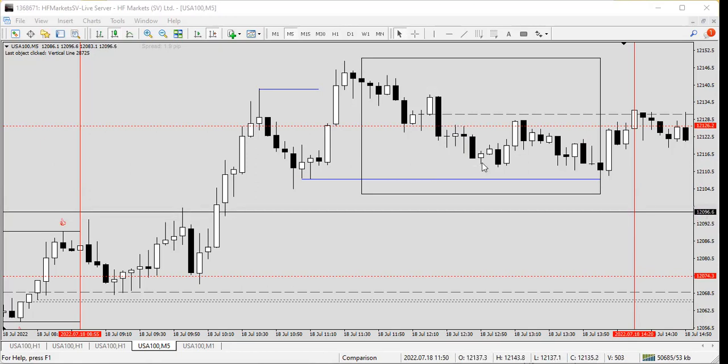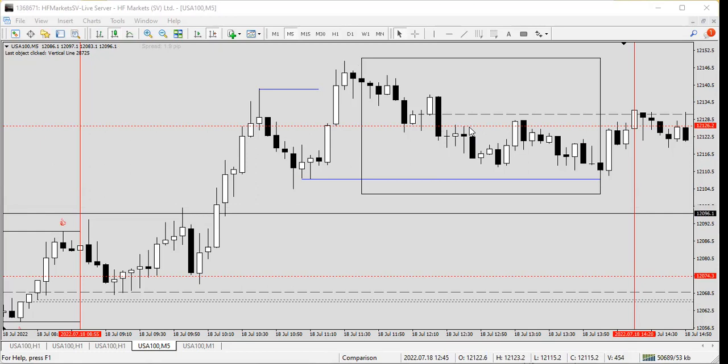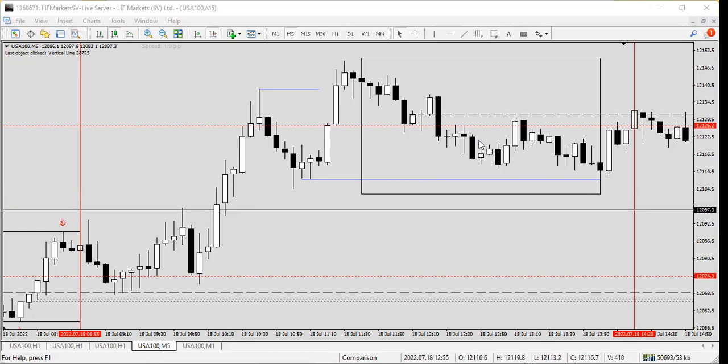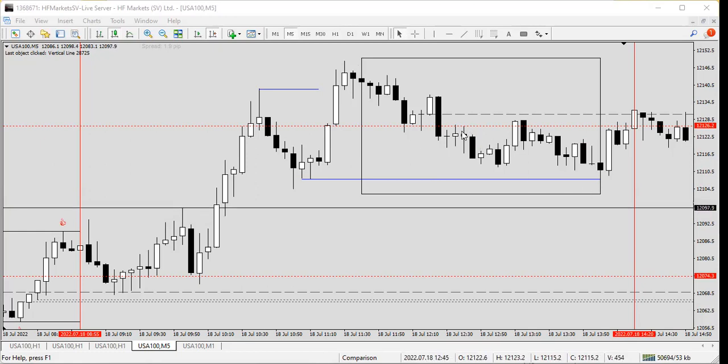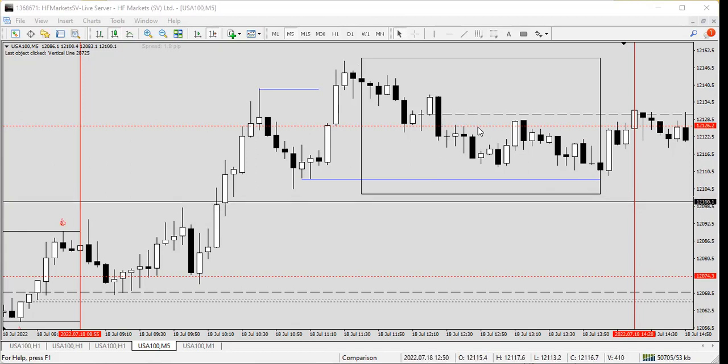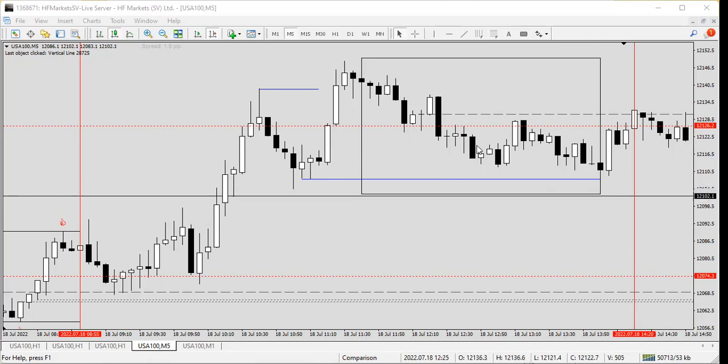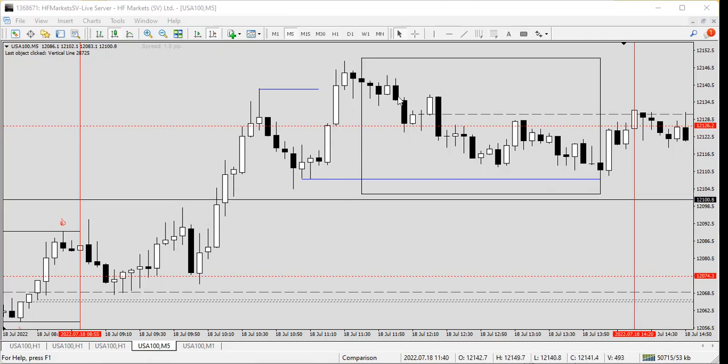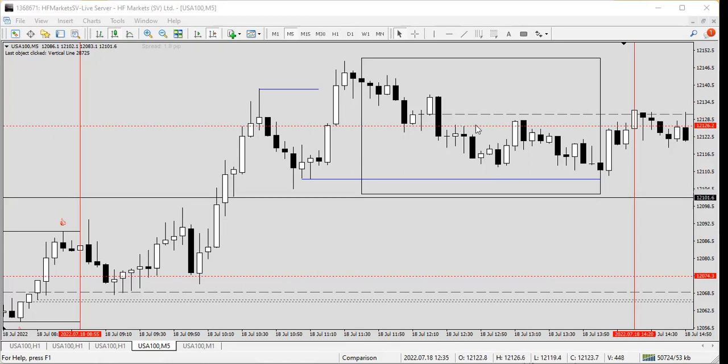If we have a range, well, the range hadn't been created as yet. So let's keep that part out for now. We have the impulse. We have the logical level that price could fill in all of that void. Liquidity above the high, price moves low. These highs are now in the discount end of the range from here to here at this point in time, which makes this